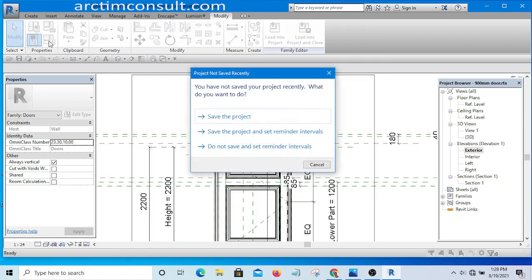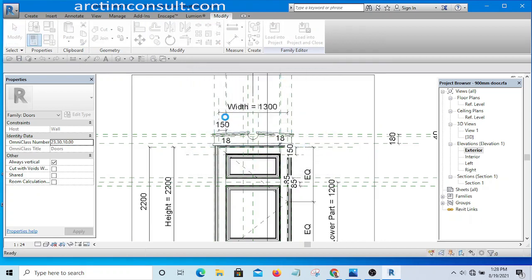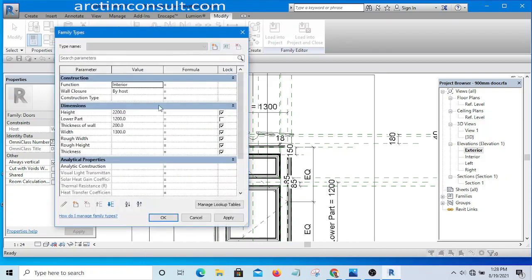If I change the size of my door, will that one break apart? Let's see. If I change the width to something like 900 mm,